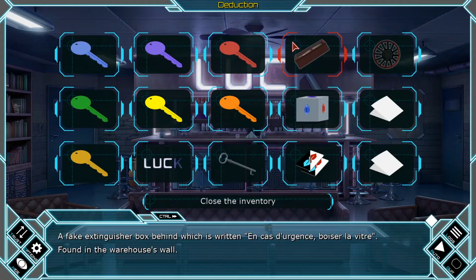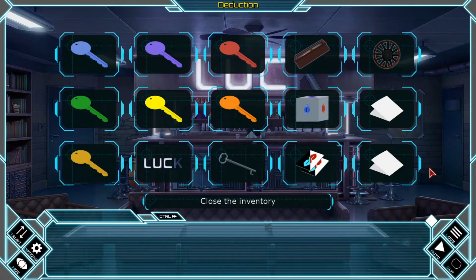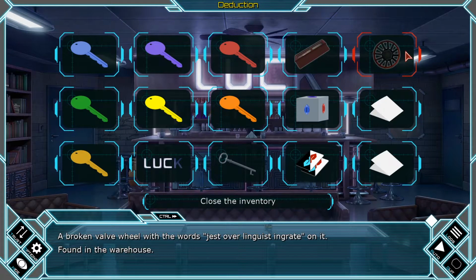So I guess the biggest thing is to figure out what the name is, so... In case d'urgence, Boissier la Vitre. What was the thing on the paper? Something K plus common 4 and wheel firsts. Luck. So is it luck? So luck. Common 4. Wheel firsts. Wheel first. Wouldn't that be like the first letters of the words here? J-O-L-I? Jolie? Doesn't exactly make sense, but